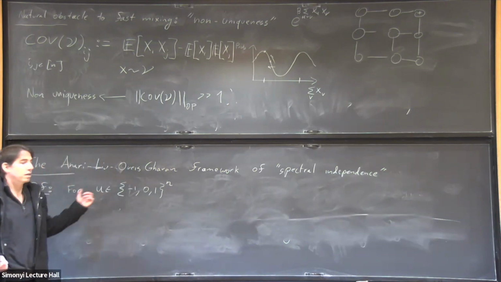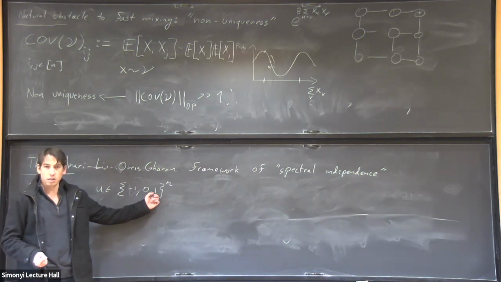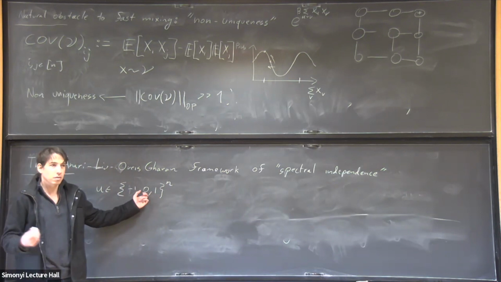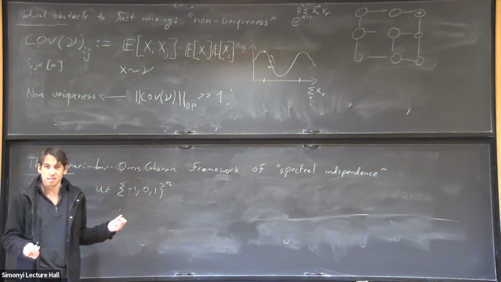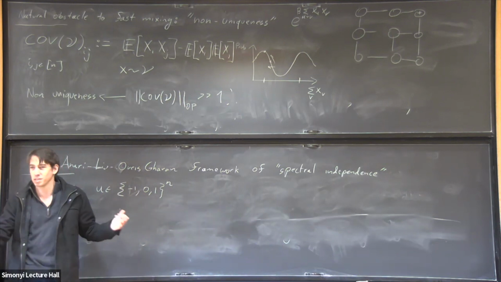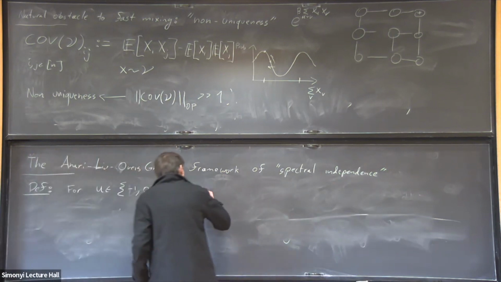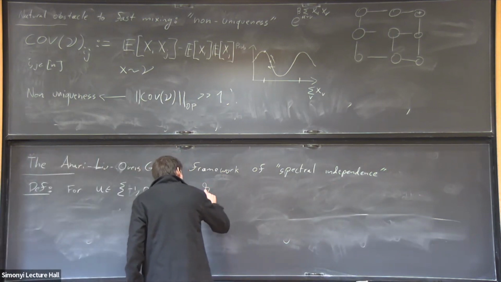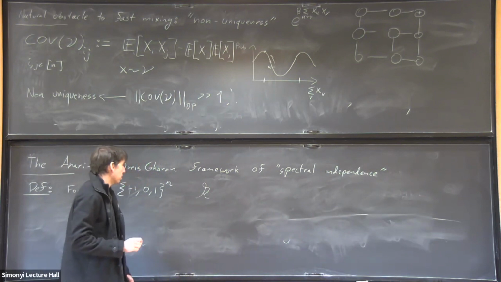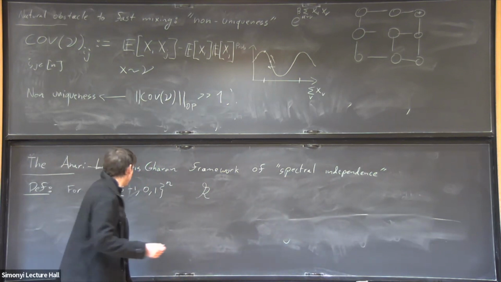Suppose we take a vector u in {-1, 0, 1}^n, where 0 is, for computer scientists, sometimes called star, which means that we haven't chosen this value. The pinning, which I denote by this curly R for restriction